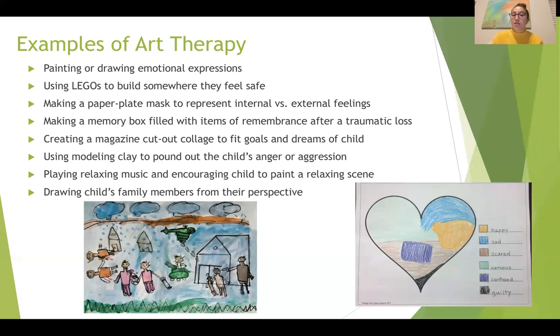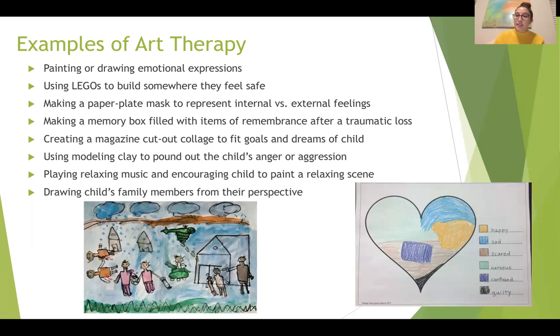Using modeling clay to pound out the child's anger or aggression is also a great way to express stress, and even to build something after that as a way to show that even when anger or aggression makes things all mushy and gross, something beautiful can come out of it as well. Playing relaxing music and encouraging a child to paint a relaxing scene is another great way to build rapport, get the child thinking about where they might feel safe, what would be a perfect day for them, anything like that. And then drawing a child's family members from their perspective is also a great way to